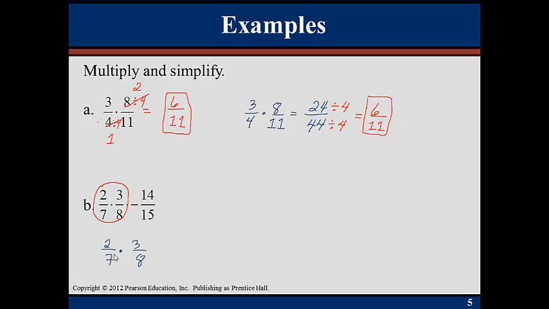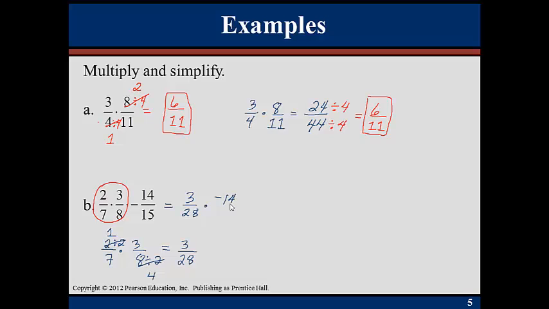Well, we can cross simplify the 2 and the 8 by dividing both by 2. And this will become a 1, and this will become a 4. And then we multiply the tops together. So 1 times 3 is 3, divided by 7 times 4 is 28. So now this becomes 3 over 28